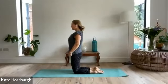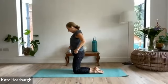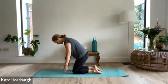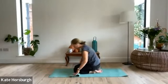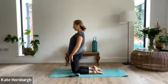So I invite you today to notice how you feel about the camel, the full camel, and see if you can work out why you feel the way you feel about the camel, whether you love it or hate it. So I also invite you to double fold your mat because this can be quite harsh on knees. So up in this lovely kneeling position,